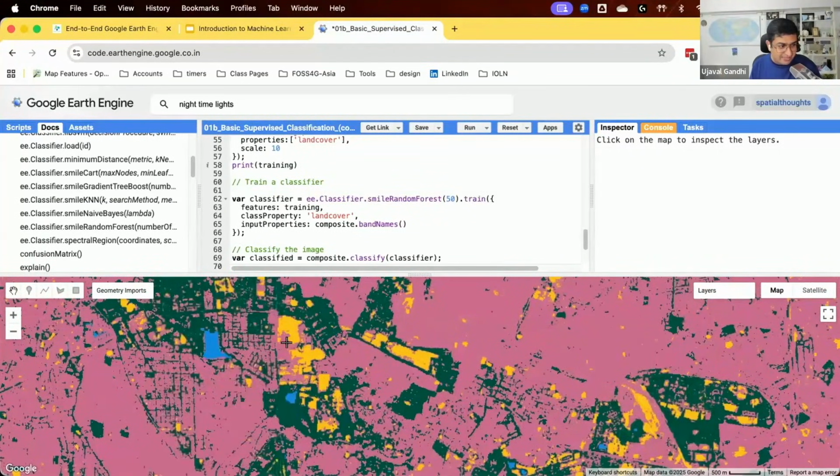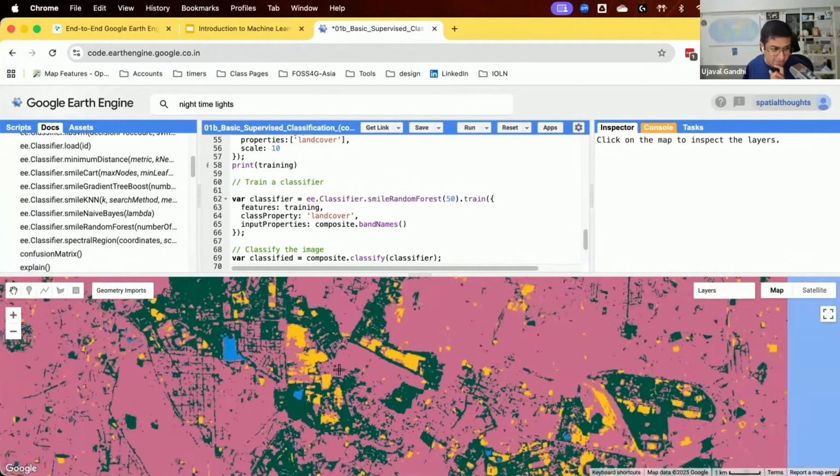If you've never done classification before, this might be like, oh, this is cool. If you have ever done classification on desktop software, this is mind-blowing, right? Because on desktop software, this typically takes a few days to see the result at this scale. So seeing this interactively is something very new, and this shows you the power